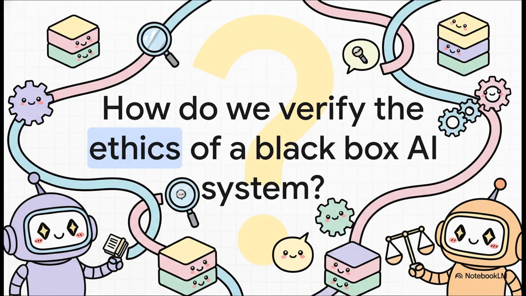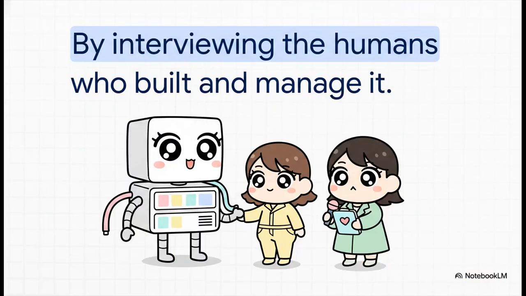So think about the core mystery of an AI audit for a second. You've got this complex black box system. You can't exactly just scroll through endless data logs or stare at lines of code to figure out if an algorithm is behaving ethically or fairly or transparently. The code alone simply doesn't give you the whole story regarding intent or governance. The real answer? You have to talk to the humans who built it.